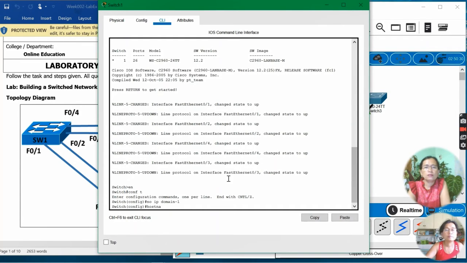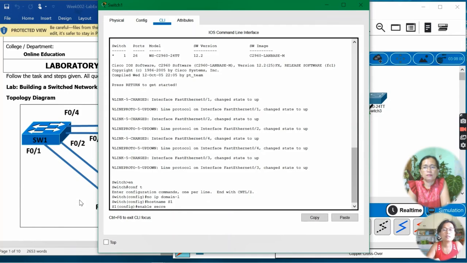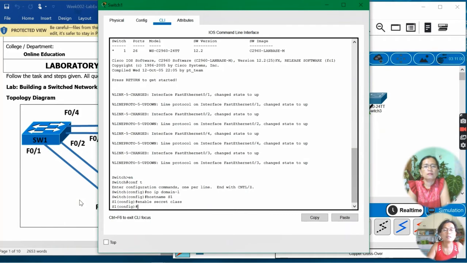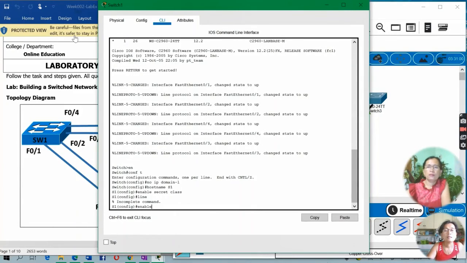We are configuring the switches now. To make it short,